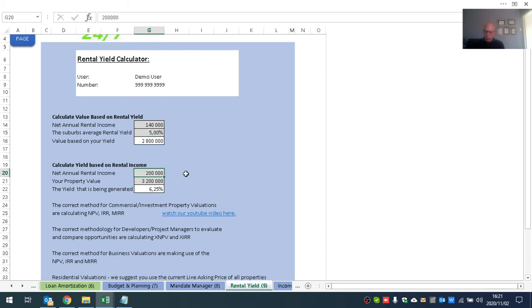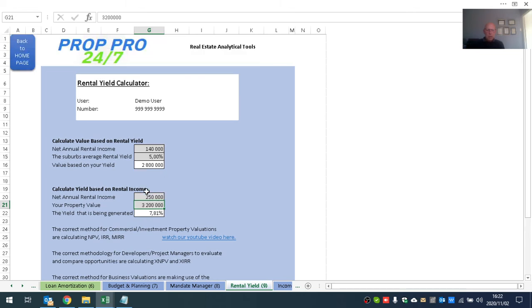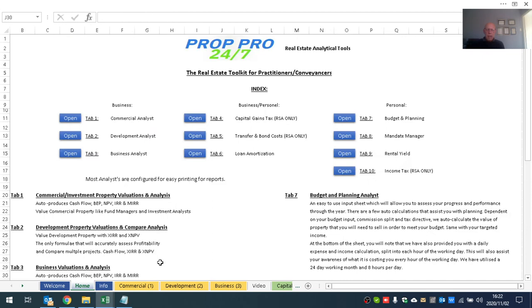Calculate the yield based on rental income. Let's say we are receiving 250,000 rental income in this instance, and your yield over your purchase price of your property would be 7.81%. So it's a nice little tool, again, handy, a simple rental yield calculator, all for your convenience. And then finally, a fantastic tool